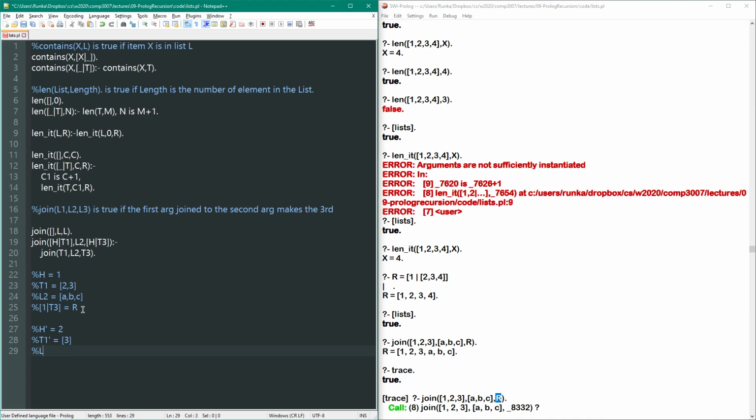And L2 doesn't change, it's still ABC. Right, we passed L2 from L2 to L2. Okay, and then this last one here says T3 unifies with this construct here. Sorry, this should be L2 prime, I guess, even though they're all going to be the same. This construct here is going to unify with T3, so we get